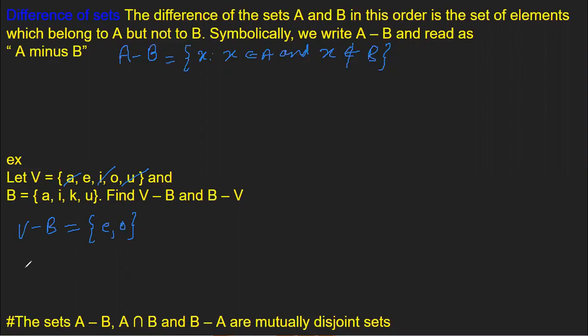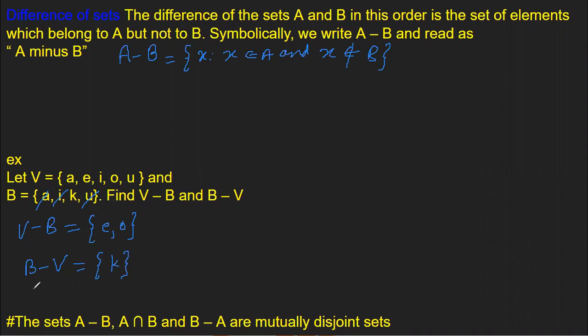What is B minus A? तो एकदम वैसे ही करेंगे और B minus A में हमारे पास कौन से एलिमेंट कैंसिल हो जाएंगे? The ones which are in B and not in A. So look at the B and cross the elements which are in A. So this is in A and this one is in A. This one is in. I am getting I. All right. So I got this set.